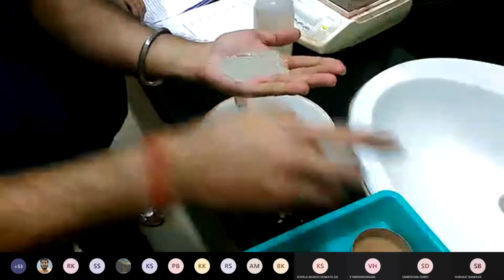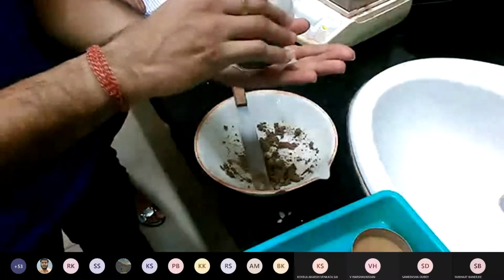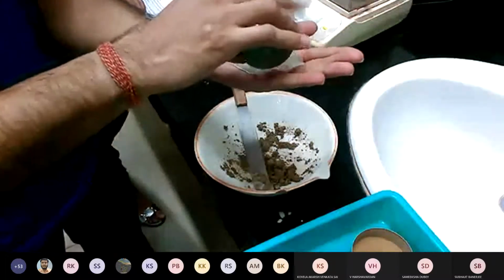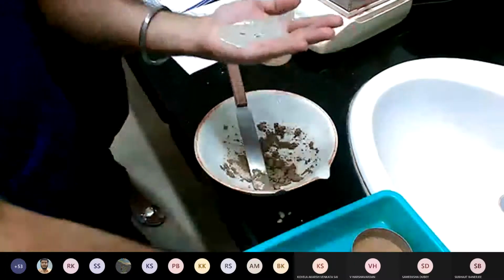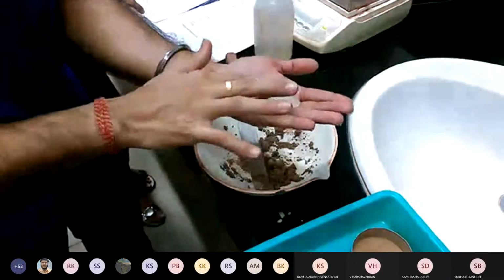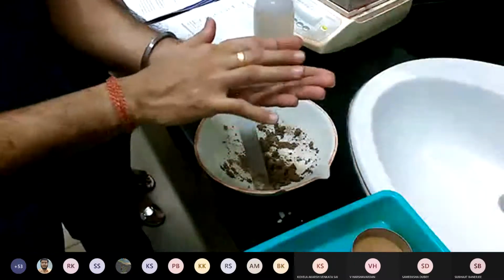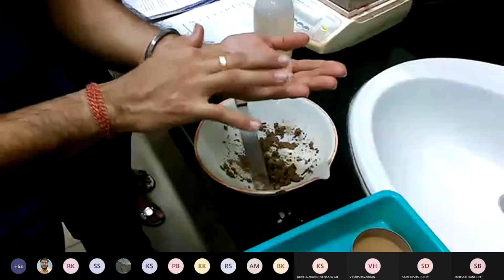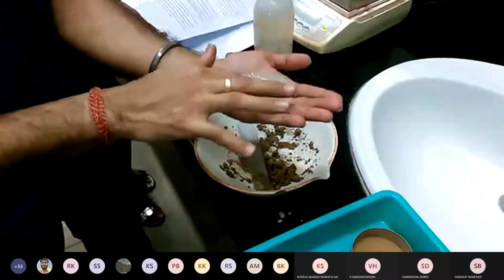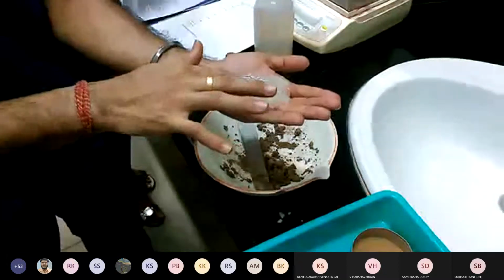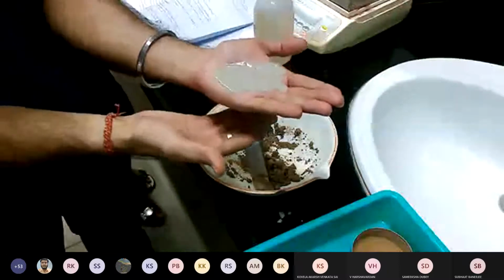Add some more soil onto it. Now you have to give small taps.